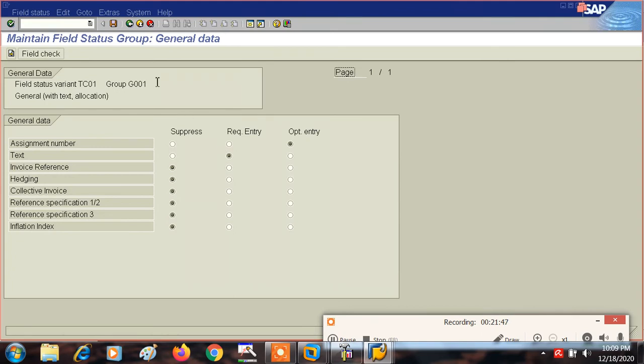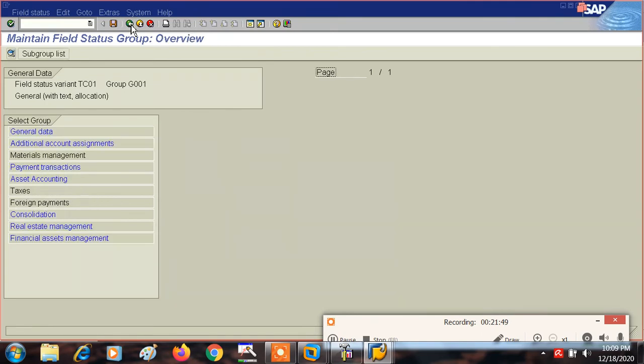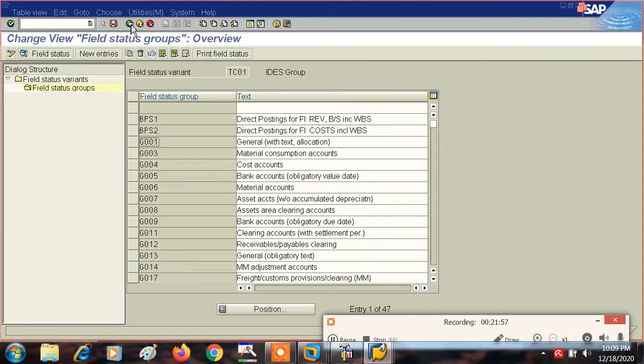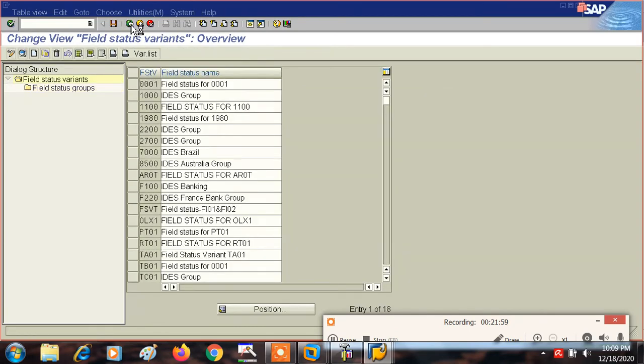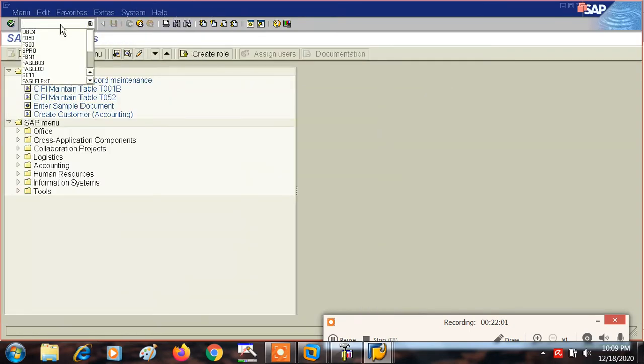Now if we don't write anything in the text field, then the system will stop us from going ahead. I am going to show you that also. Once again we will come to FB50.